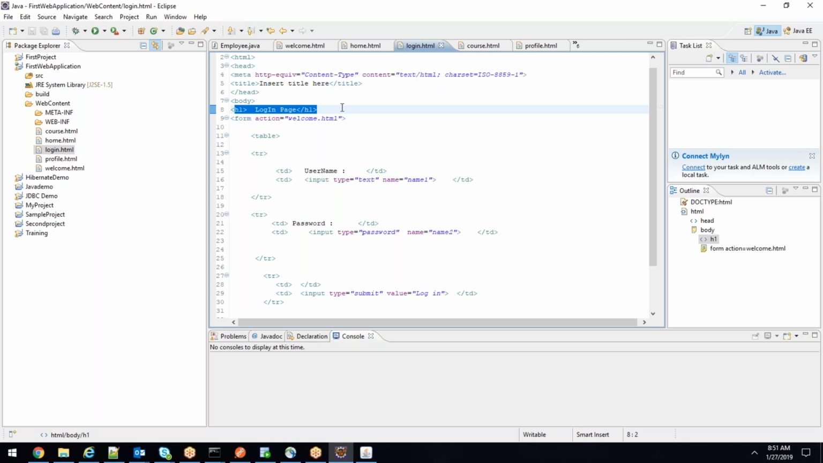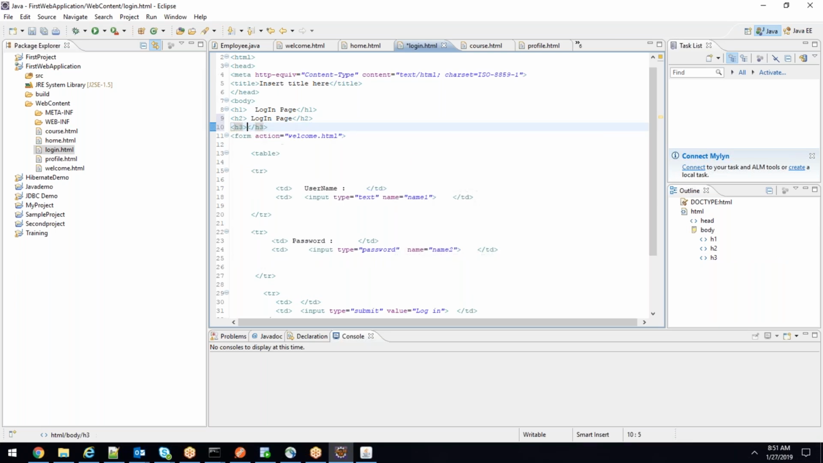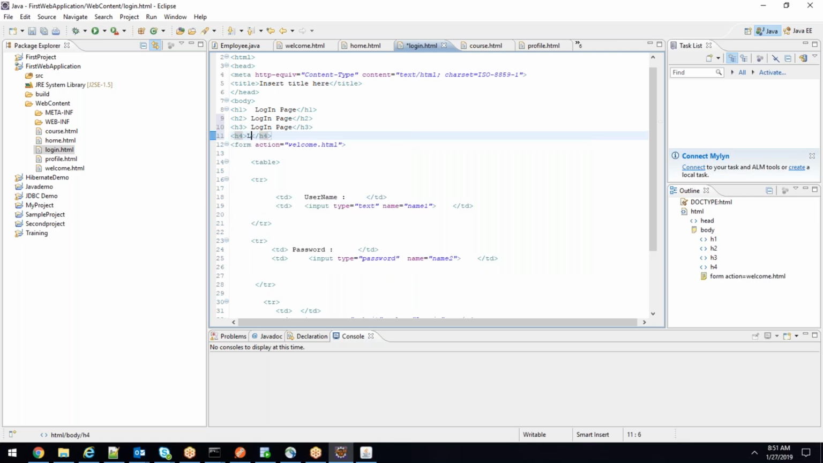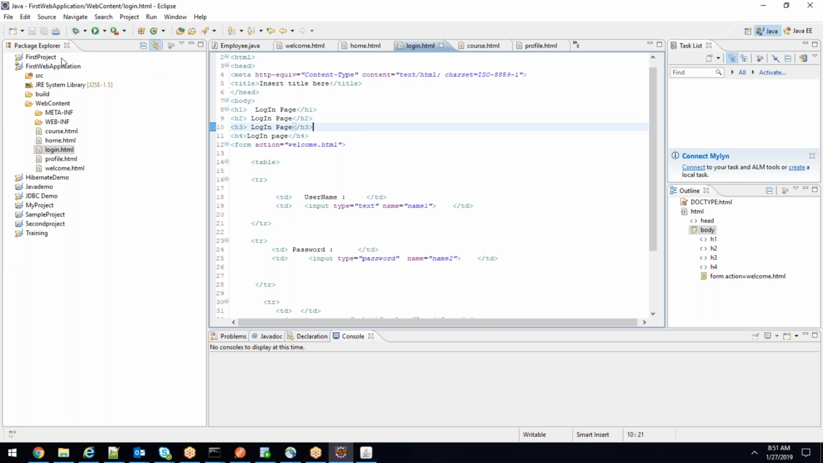Okay, so there are different types of headings that you can create. So maybe you can use h2 tag instead of h1 tag. You can use h2 tag, and you can say login page. And you can also use the h3 tag, login page. You can also use the h4 tag, login page. So right now I created 4 headings, right? H1, H2, H3, H4. So let me export this as a WAR file